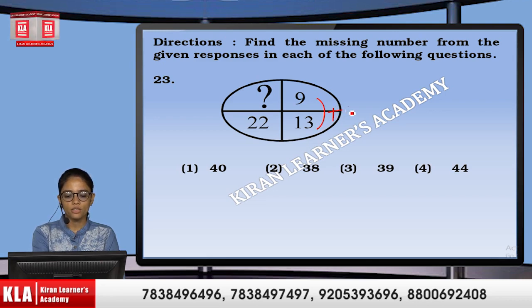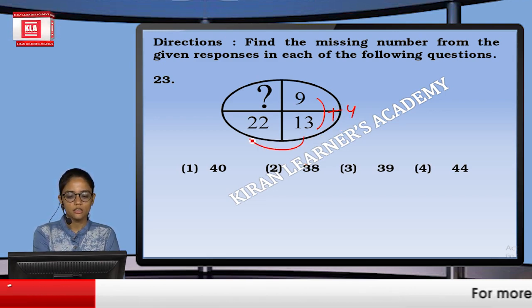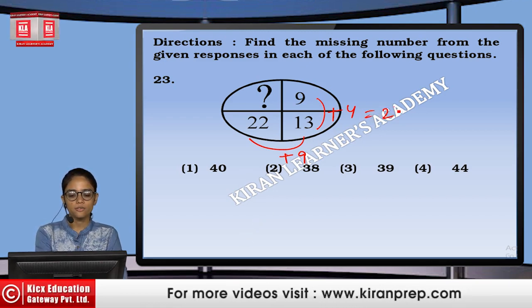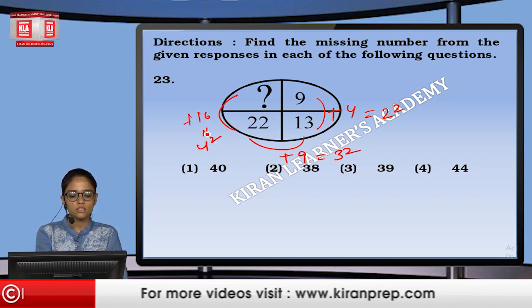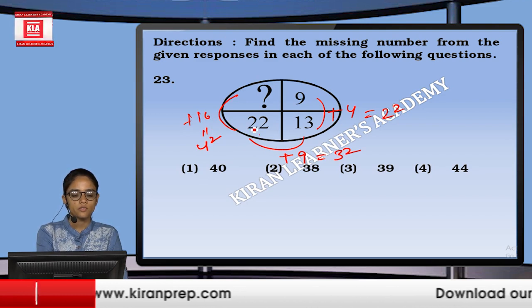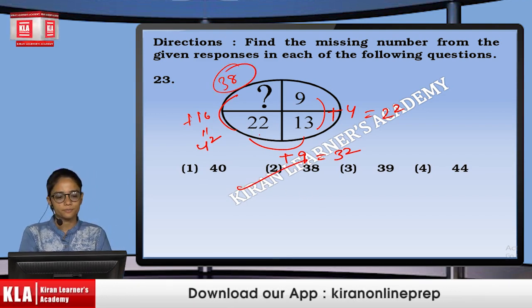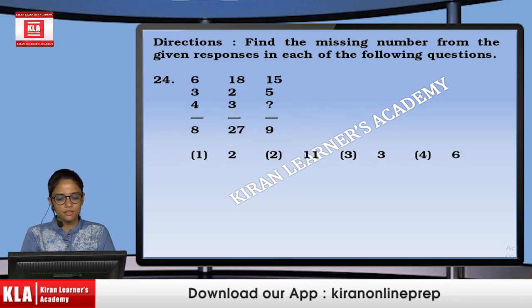We are adding 4. 9 plus 4 will give you 13. 13 plus 9 will give us 22. So this is 2 ka square. This is 3 ka square. So that is plus 16. That is 4 ka square. So 16 plus 22 will give you 38. So the option will be the second one. Next is